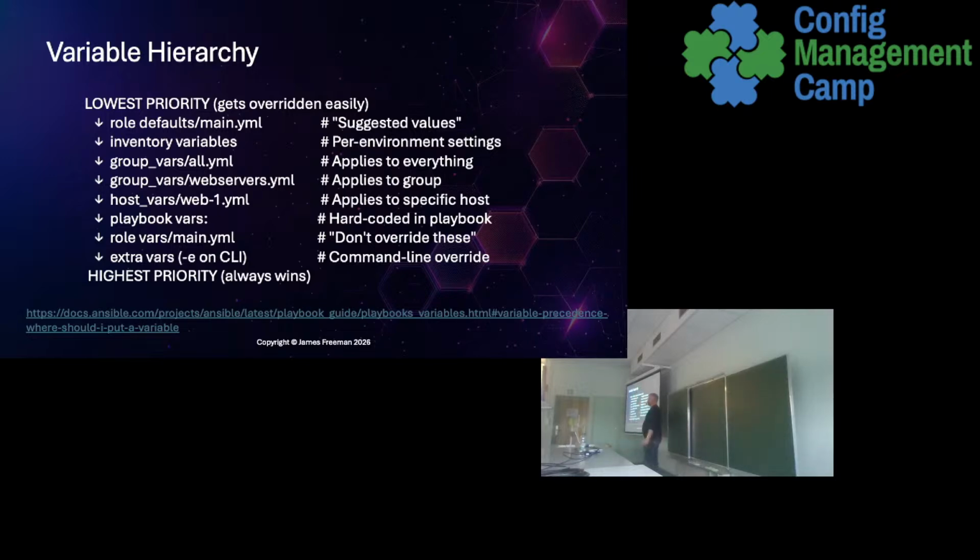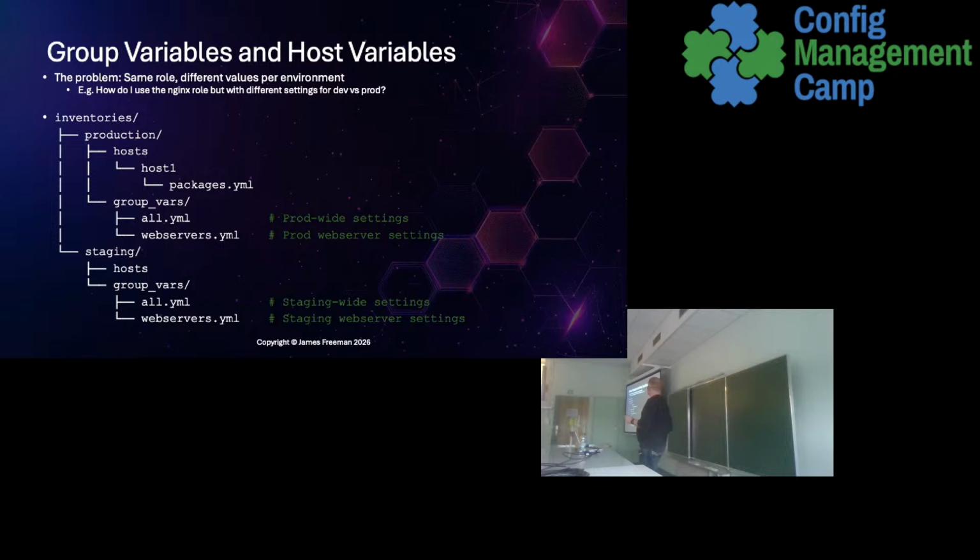This, again, is all well documented, so refer to the docs, but I put on here the order of variable precedence. This, again, doesn't matter too much on day one, but it will matter coming up further down the road, and it'll actually begin to get quite valuable to know that you can override a variable. So rather than leaving it blank and forcing someone to set it, you can set a safe default, and that's quite a valuable thing to do. And then the bottom one there, the -e on the command line, you can always override a variable because that takes precedence at the top level. So that one's well worth knowing.